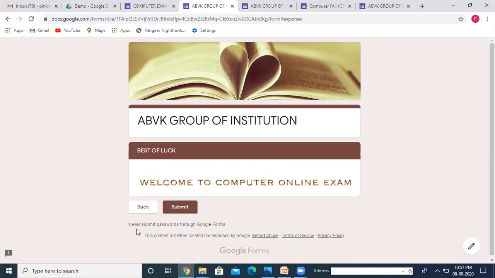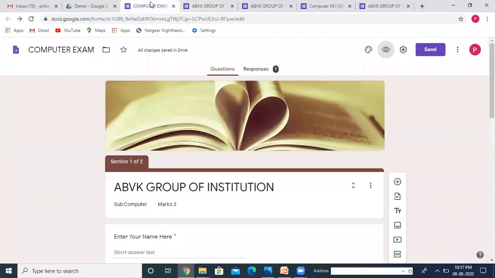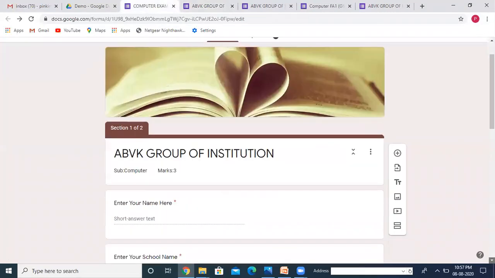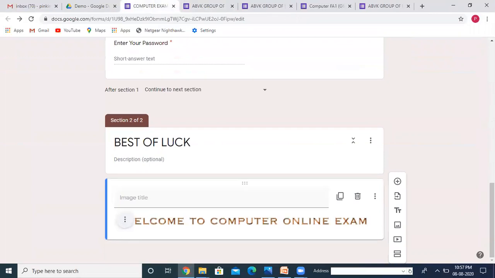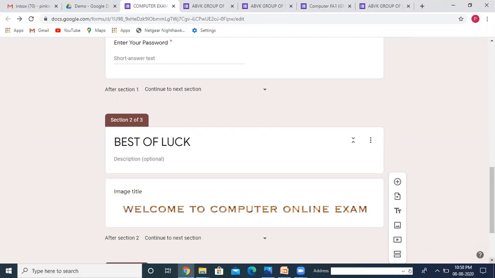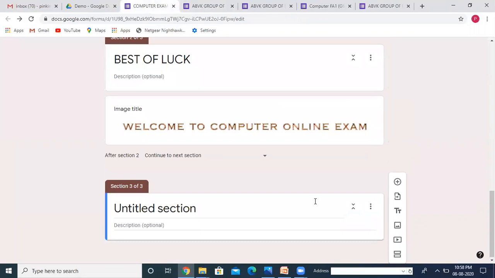Next, what I want is when I click here, it will show me the questions. Let us design that. Again, same process. At the end, I will go for adding one more section. Here I am adding a section. Simply, I will take 1-2 questions for the explanation purpose only. See here I am adding one section.